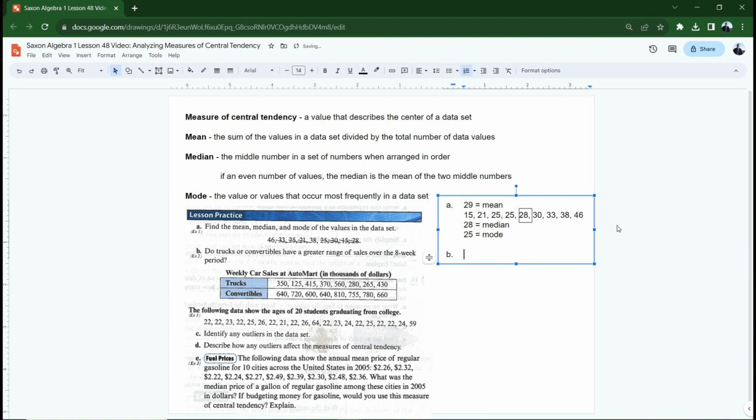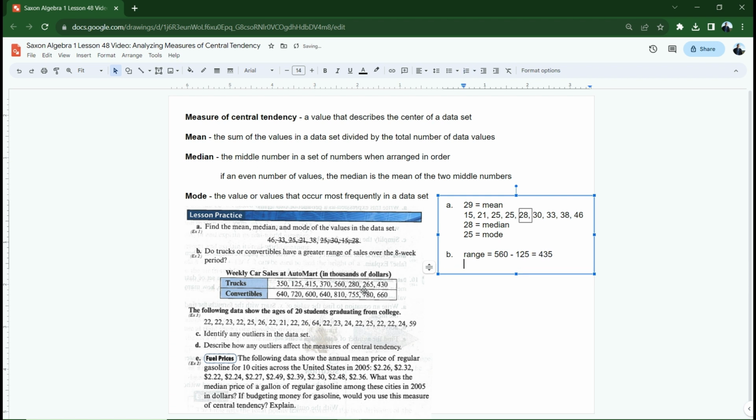All right, letter B. Do trucks or convertibles have a greater range of sales over the 8-week period? Range is the highest number minus the lowest number. For trucks, the highest number, 415 is pretty high. Oh, 560, that blows that out of the water. So 560 in thousands, so it's $560,000 technically, minus the smallest, looks like 125, $125,000. 560 minus 125 is 435,